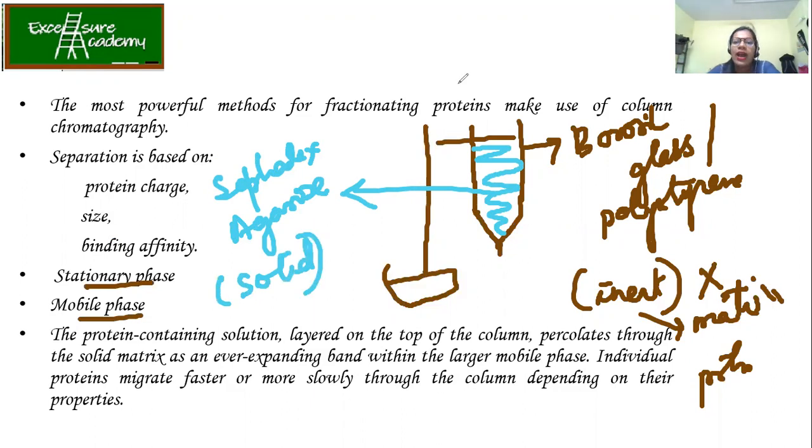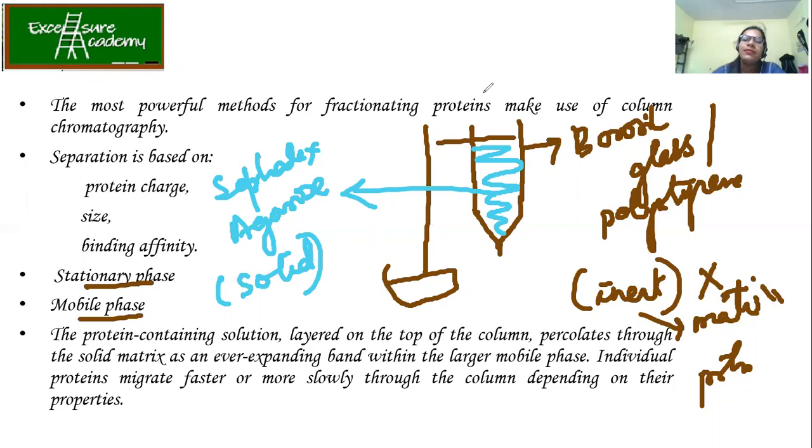Now what happens is, once you prepare your protein extract, remember in the previous lecture we talked about separation of proteins. You do the cell lysis of the cell, let it be bacterial, plant, or animal. Centrifuging, and the supernatant you get, after the supernatant, what you get is called crude extract preparation. Then you go for fractionation, that is ammonium sulfate precipitation or pH precipitation. Then you dialyze against the required buffer. Now what you get is your protein solution which is ready for chromatographic techniques.